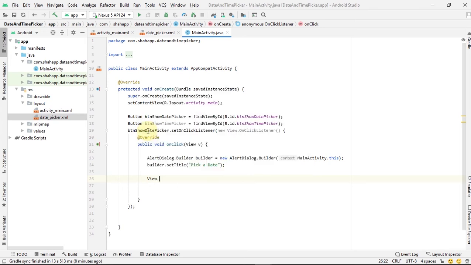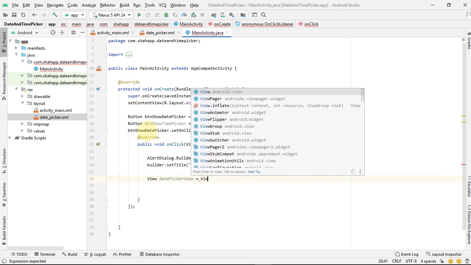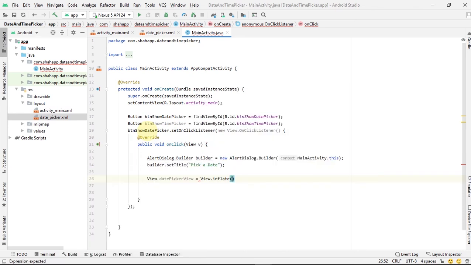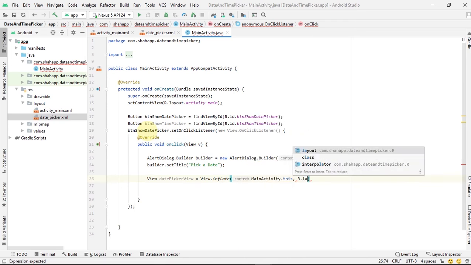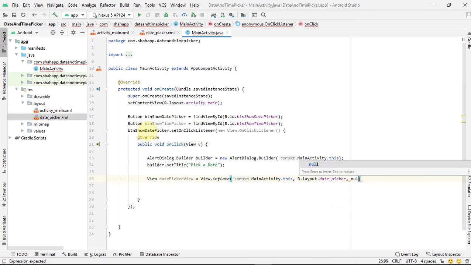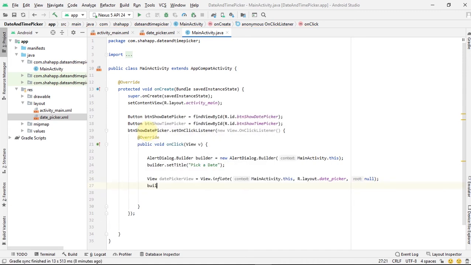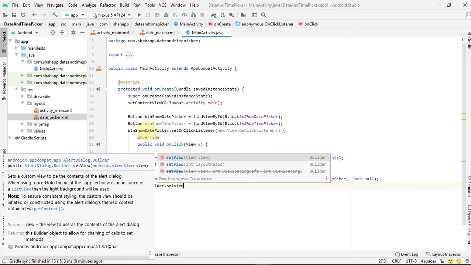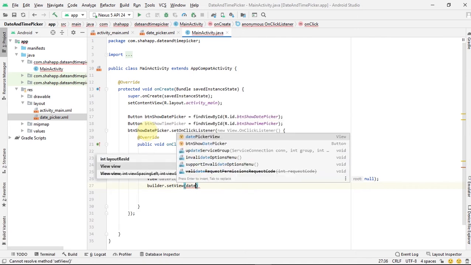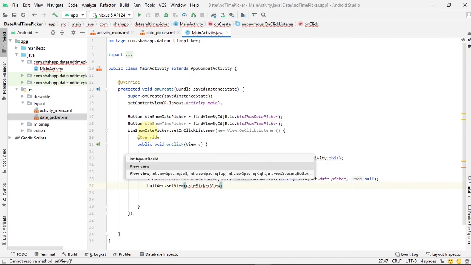Next, we create a view and name it date picker view, and we use View.inflate, a context, and the address of our view, which is our layout date picker, and null for its root. Next, we add this view to our builder. We use builder.setView and pass our view,